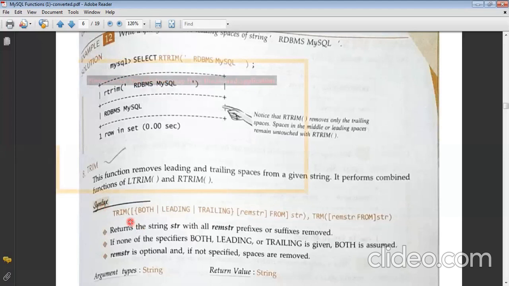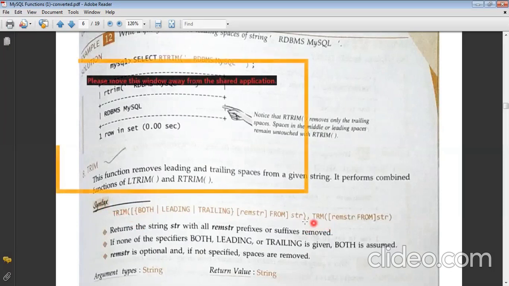So trim, and since it is a function, it will always be in small parentheses. Its parenthesis starts from here and ends over here. It includes three keywords, which are both, leading, and trailing. These are optional. If you want, you can give. If you do not want, you can skip it also. But what does it say?